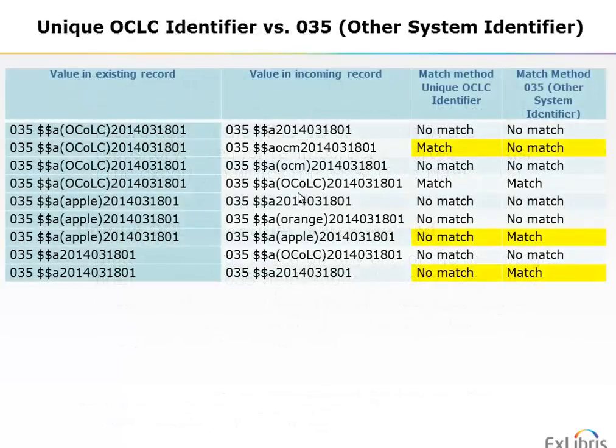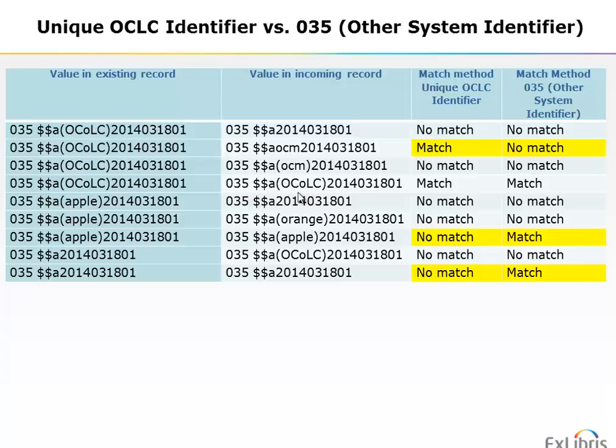Here we see a table which contains the 035 subfield A of the existing record on the left, the 035 subfield A of the incoming record in the next column. To the right, we have the results of applying the unique OCLC identifier match method, and in the far right column, the results of applying the 035 other system identifier as the match method. As we can see from the highlighted rows, the results of these two different match methods will be different in